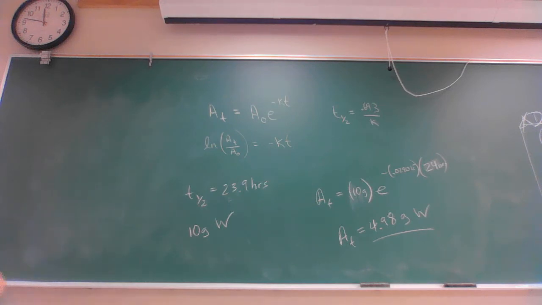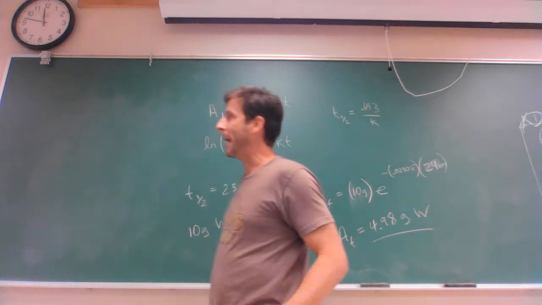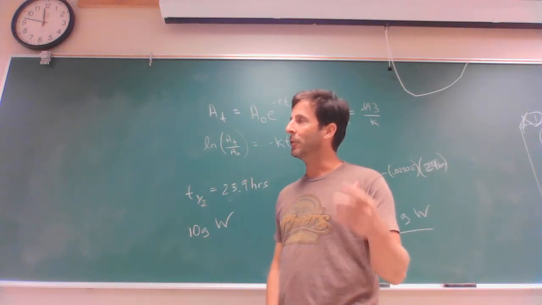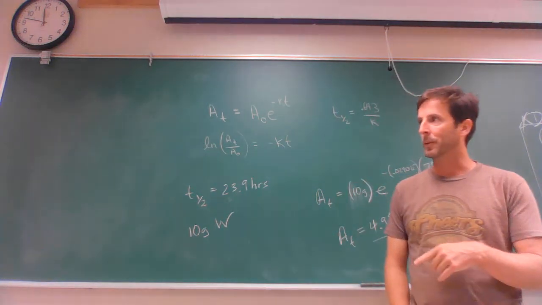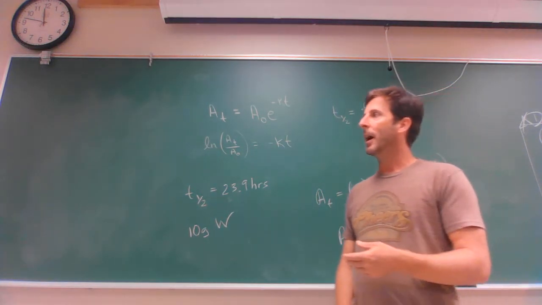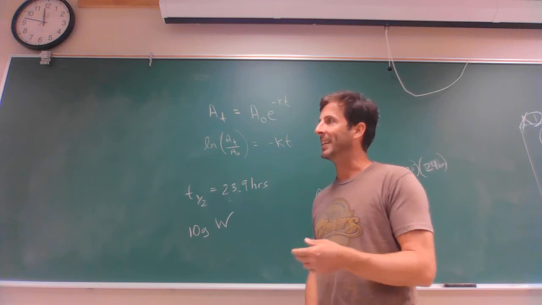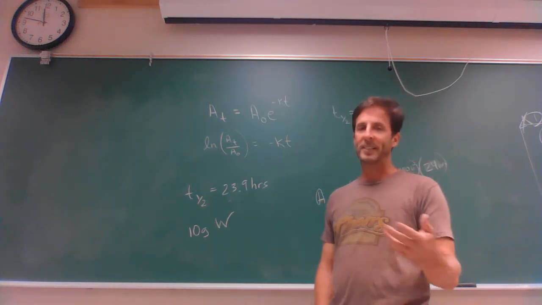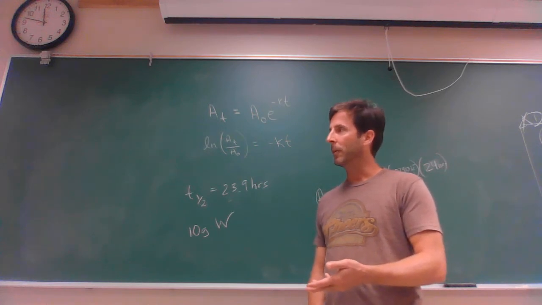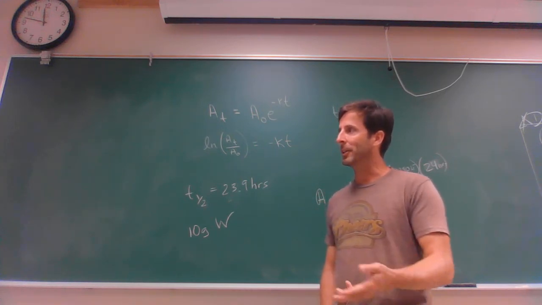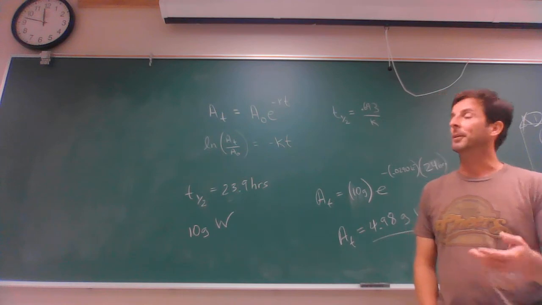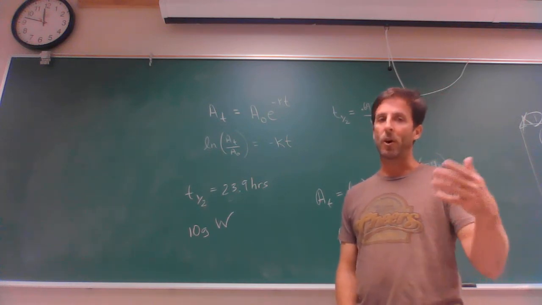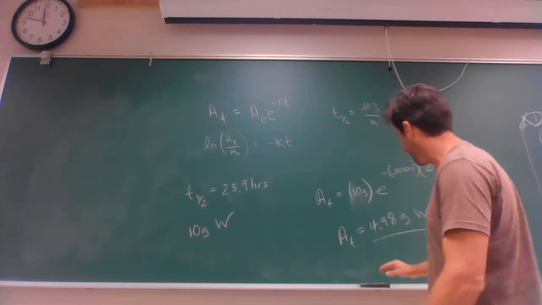it says charcoal from a painting in a cave in France gave a radioactivity count of 2.10 becquerels, which is a unit of radioactivity. Carbon from a tree that recently died gives a radioactivity count of 13.7 becquerels. Okay? Based on that information, calculate the half-life, the half-life is 5,730 years. Calculate how old the charcoal is in the painting. Okay? So,